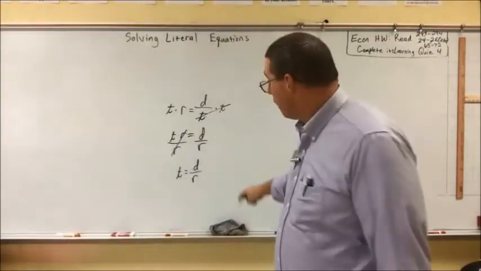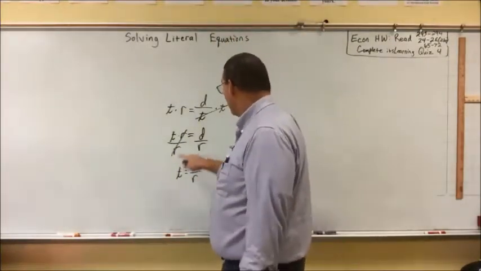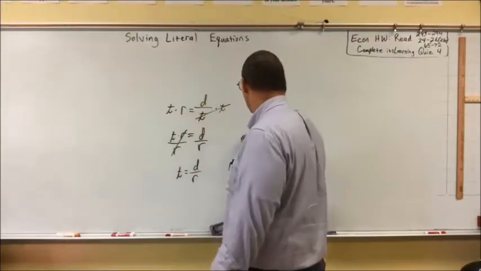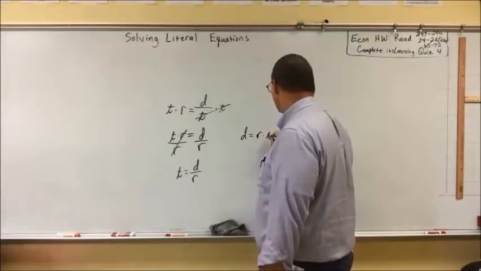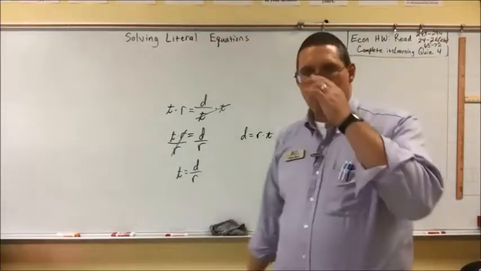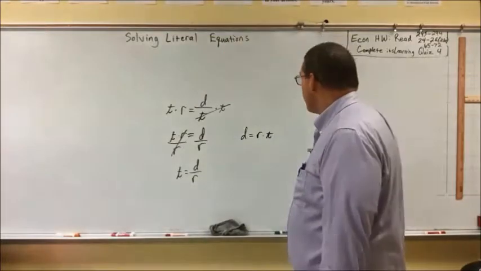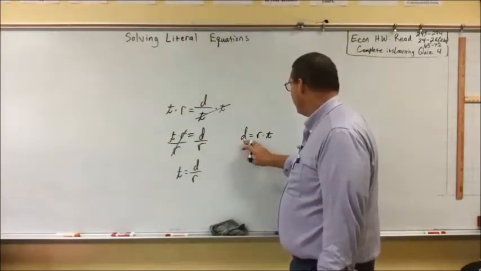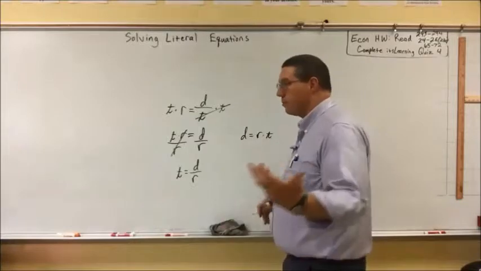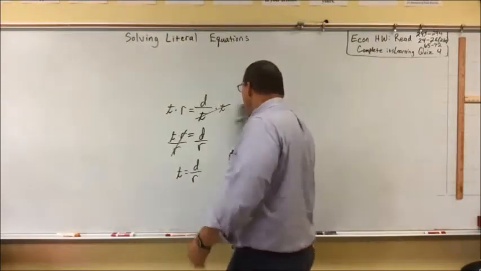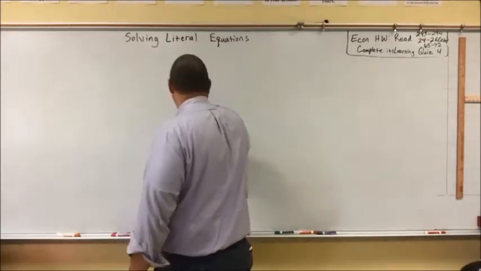We can also solve for d in terms of t and r. In fact, we did right up here when we canceled t, we had d equals t times r, or r times t. Distance, or displacement, is equal to rate times time. Okay? That is solving for one variable, one letter in terms of other letters. I'm going to call it a variable because that's probably what you're accustomed to calling it. Well, we can do this with a lot of different kinds of formulas, like